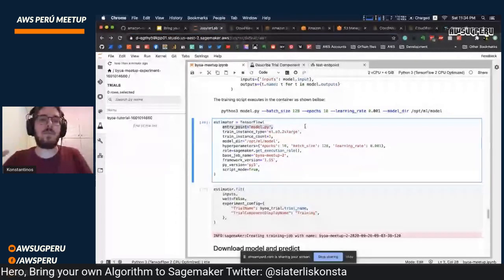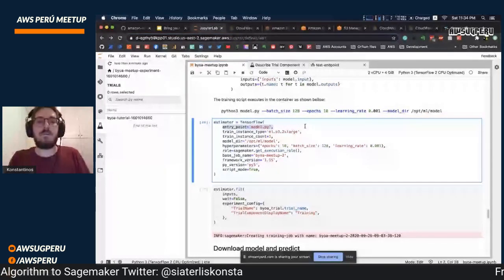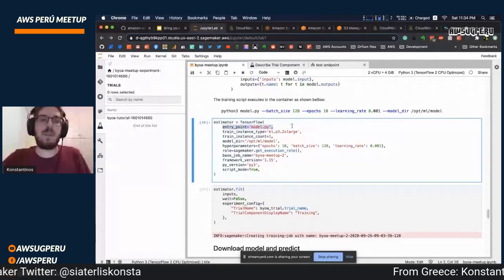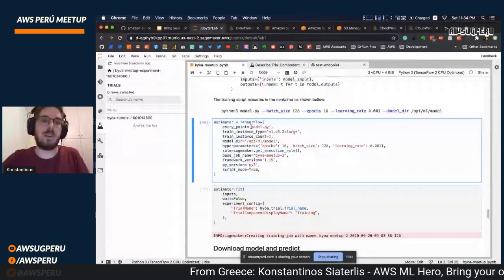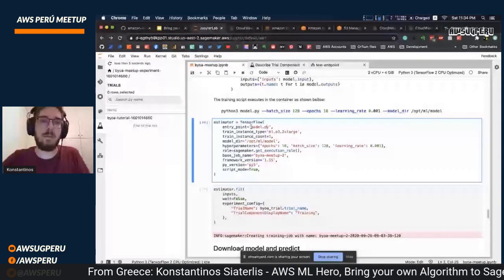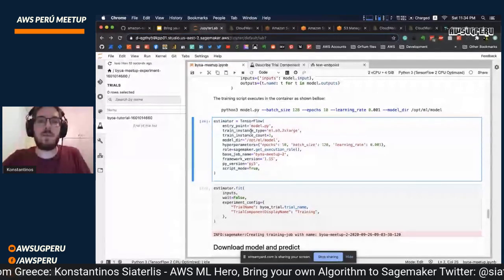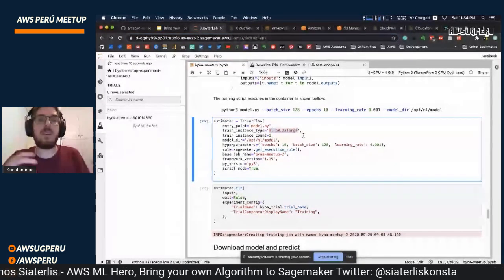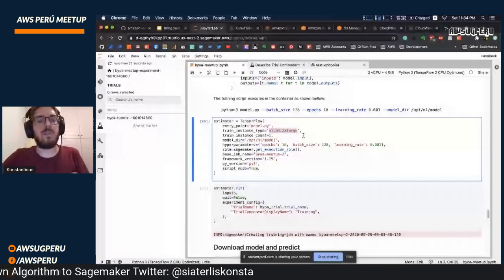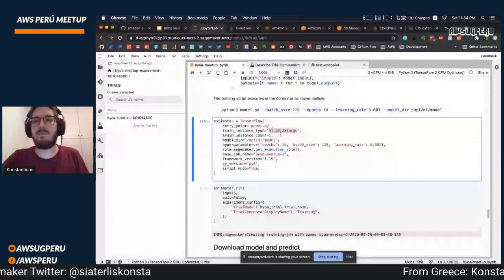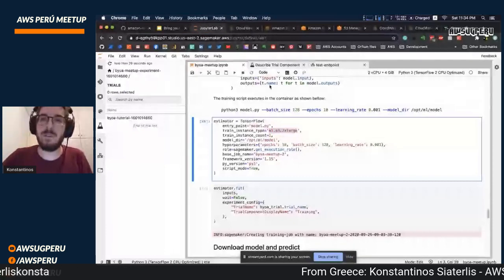First of all, I have to define my entry point, to say to my estimator which Python file it has to run. And this is my model.py. Then I have to define on what instance I need to train my model. I'm using a fairly large instance for that model, but why not?